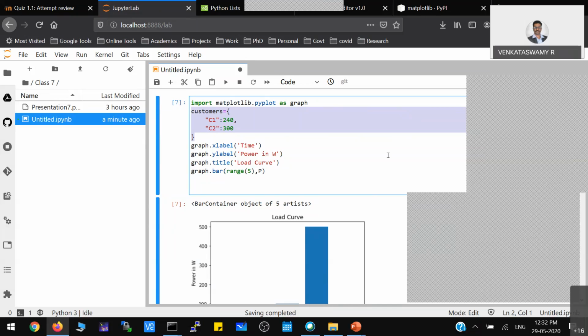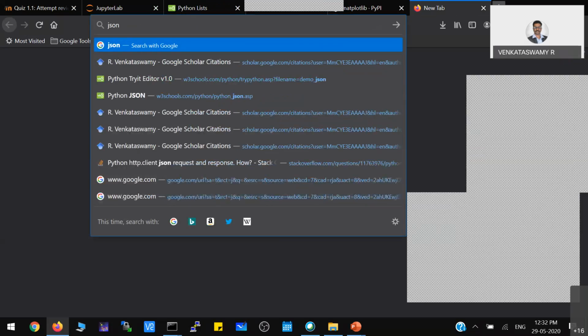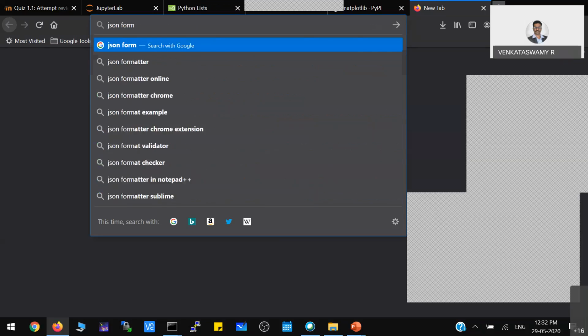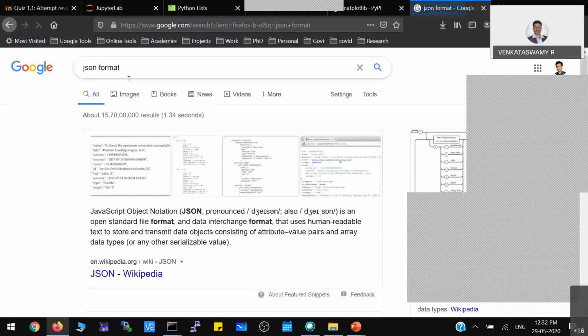And if you are sending anything to Google, then it is going as JSON data. So always the travel between any two parts or any two entities will happen using JSON format. I'll just show you a JSON example.